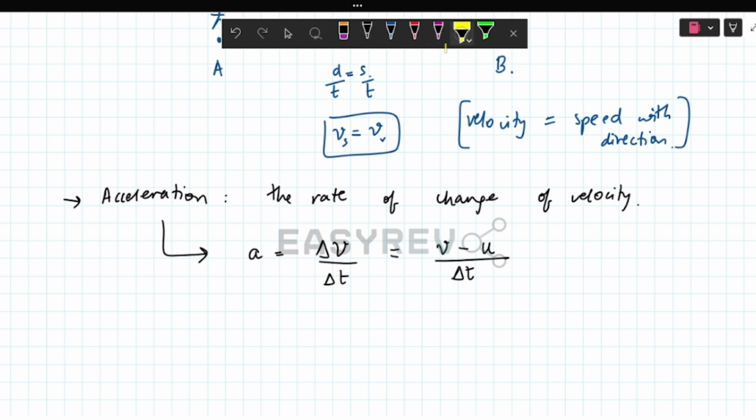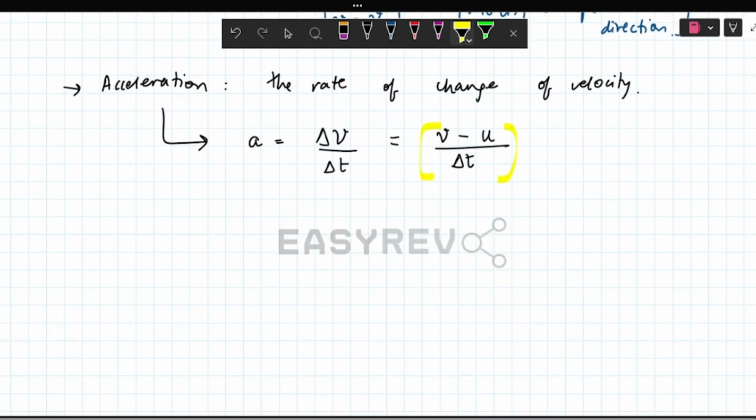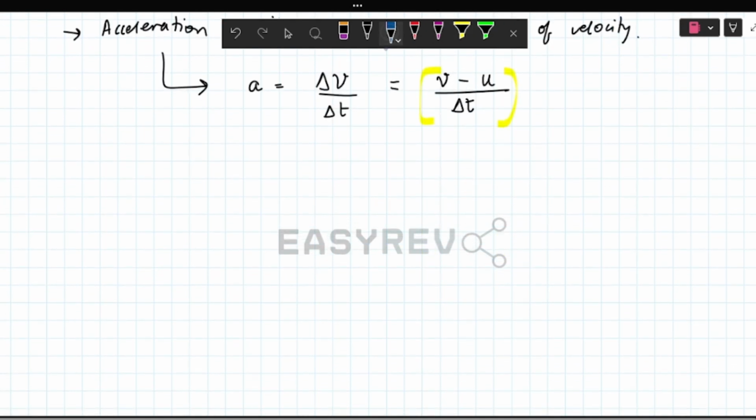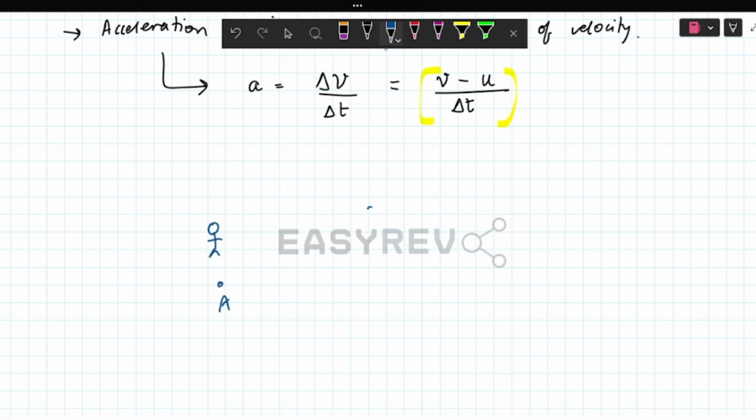And it's usually going to be this formula that we'll be most accustomed to. Now, all of these quantities that we've defined so far, they're all well and good. But what about an object that's moving in a far more complicated path? Let's suppose you have that same observer moving from A, stopping at B momentarily, and then landing at C. And what if they're moving in an even more complicated path? Let's say they're moving like this between A and B, and then from B to C they move in a